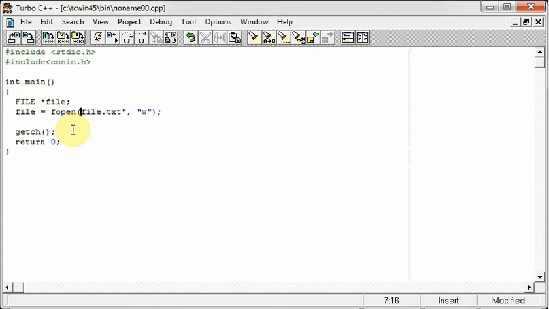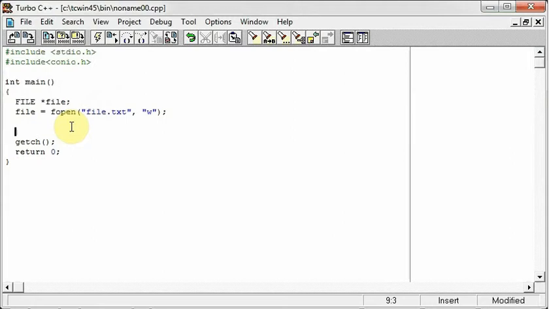I'm not giving any path to it, so it will create the file in my root directory for this compiler, that is the TC, WIN45, bin folder. In that bin folder, it will create a file named file.txt. Once we have created that file, we can go and add text into it.